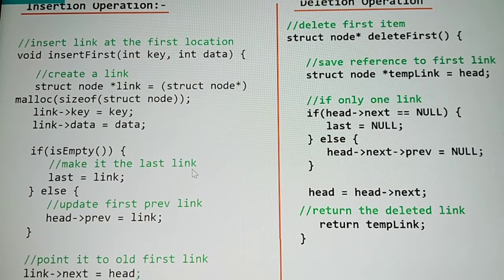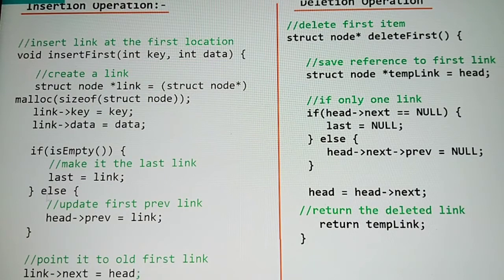So it is seen that the if is operated when we haven't any data in a linked list. Then the if is operated as the last data of the linked list. So here it is written that last equal to link, and then the else operation. In the else operation, you can see the indentation: update the first previous link. It says that if we have a linked list, then it adds in the first